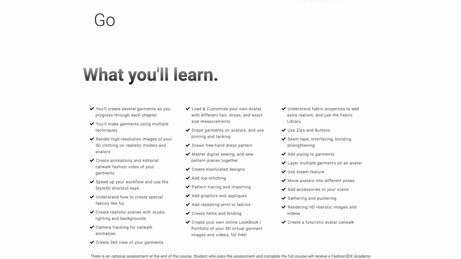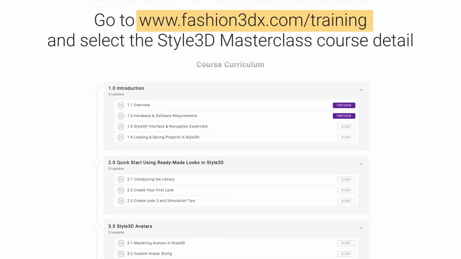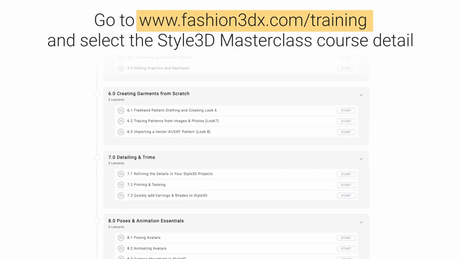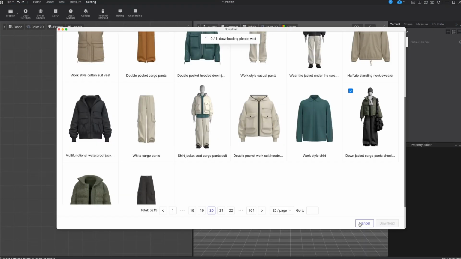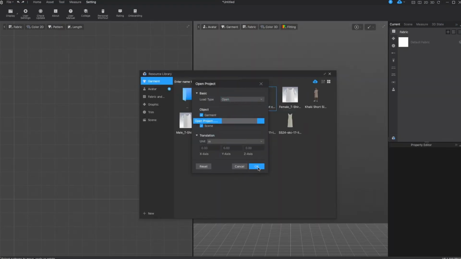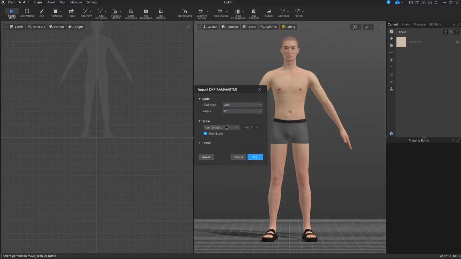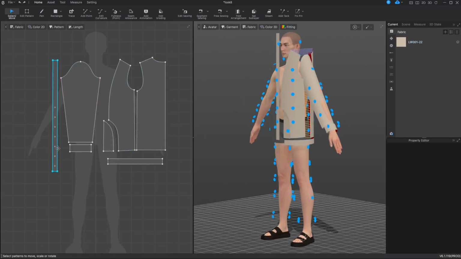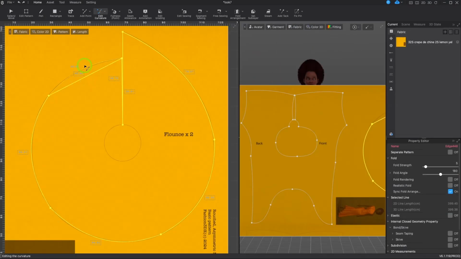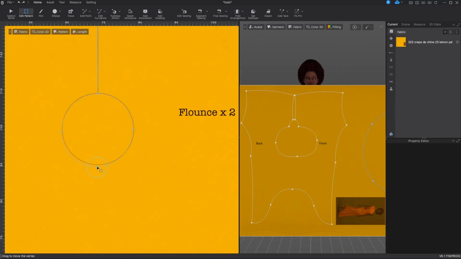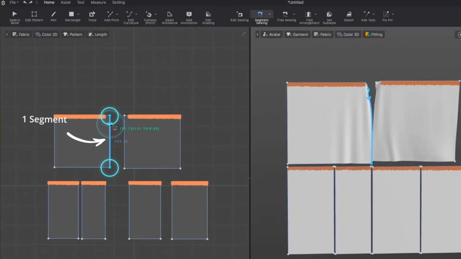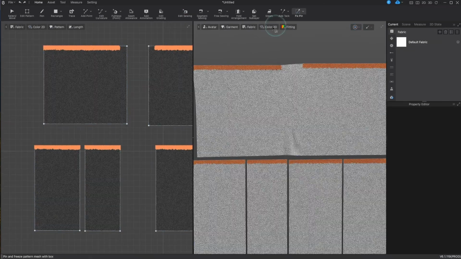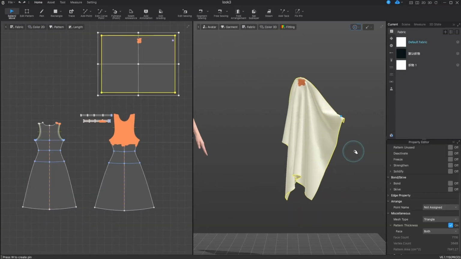So what will you learn on the course? Well, go to the website and full details are on the Style3D MasterClass course details page. But essentially, I take you through step by step everything from scratch, including downloading pre-made garments from the Style3D library, importing DXF files and fitting those, and every tool you need to create really unique, interesting shapes and patterns for your designs. I'm going to talk you through in detail how to sew everything together digitally